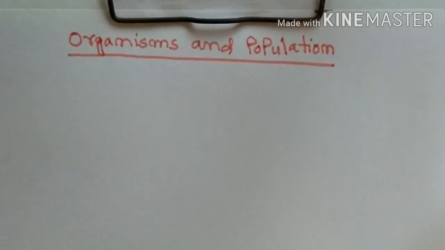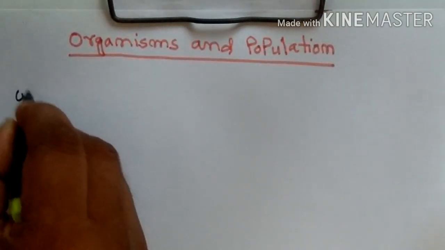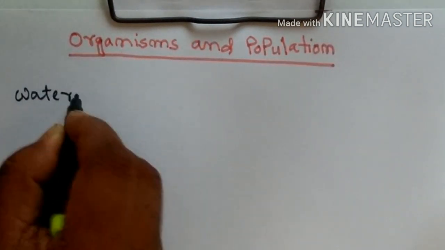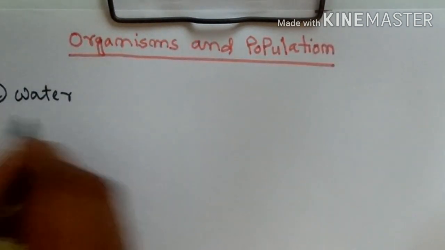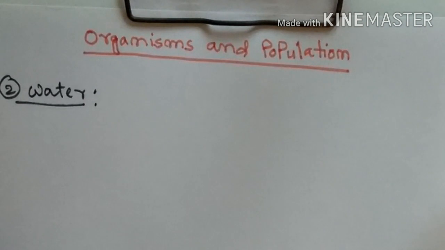abiotic vectors like water. This one is second, number two abiotic vector. Water is also an important abiotic vector. Without water, no living being can survive on this earth. Whatever it may be, a teeny bacteria or a large sized living being, it may be an animal being or a plant being, whatever it may be, all living beings